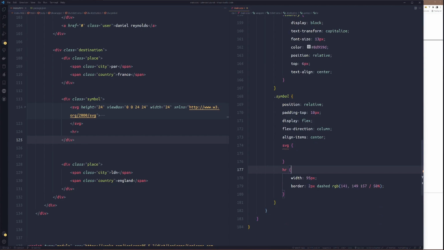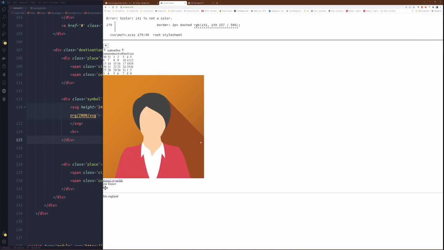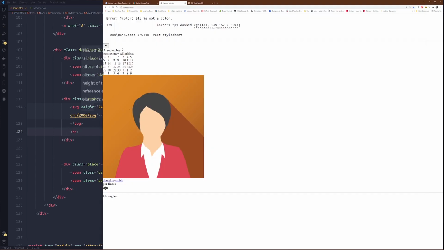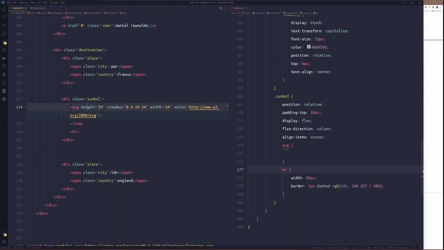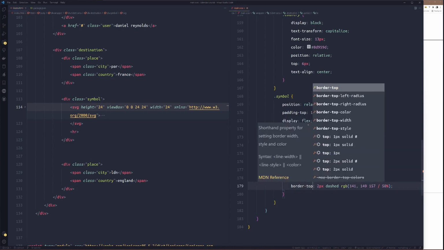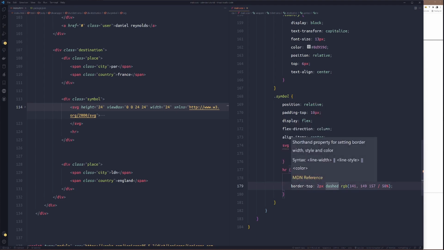Okay, something. Border top 2 pixel dashed.